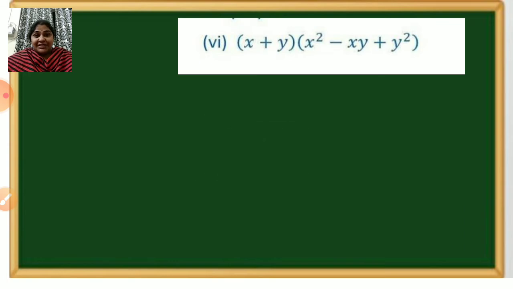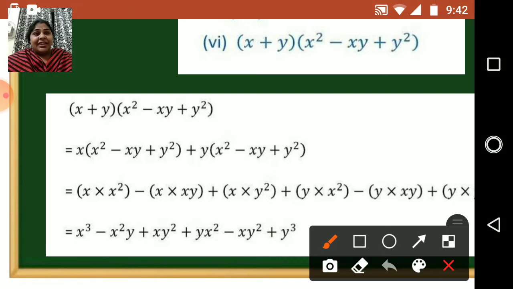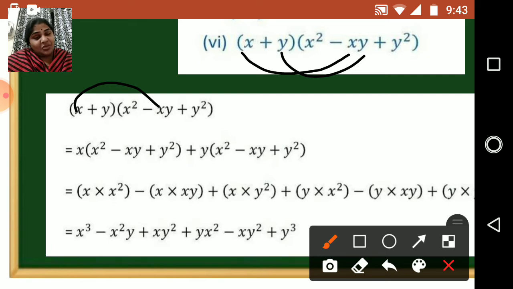Let us proceed with the next one, that is the sixth one. It is x plus y multiplied by x square minus xy plus y square. So here again directly we can multiply it. That is, x we can multiply with the second bracket, plus y we can multiply it with again the second bracket. So let us start. x multiplied by x square minus xy plus y square, plus y multiplied by x square minus xy plus y